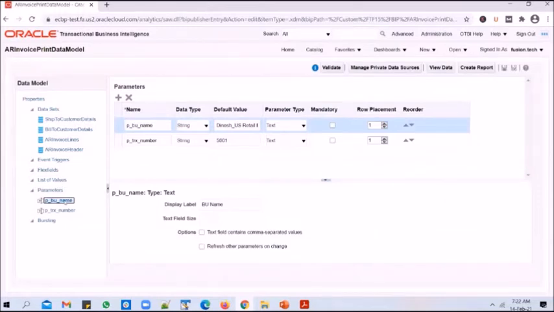We need to pull the list of values for business unit and transaction number. But there are two options that I can consider. I can display all the business units, or I can display only the business units that this user has got access to, right? I'm not sure if the security sessions are over for you guys or not.